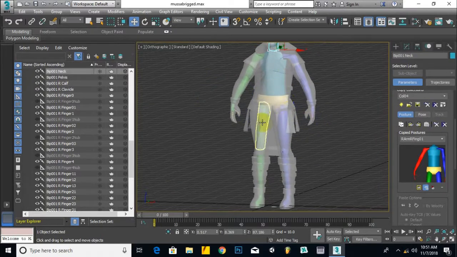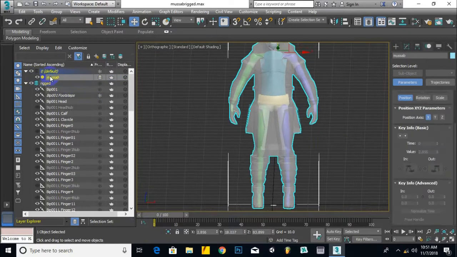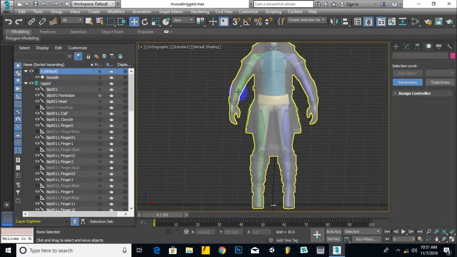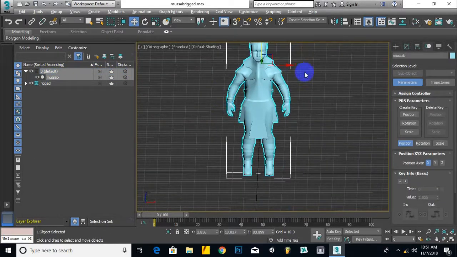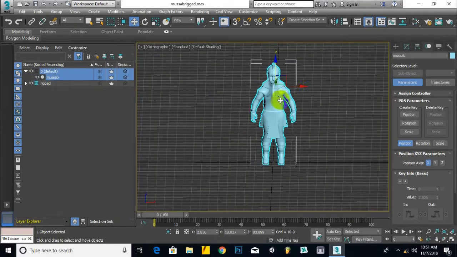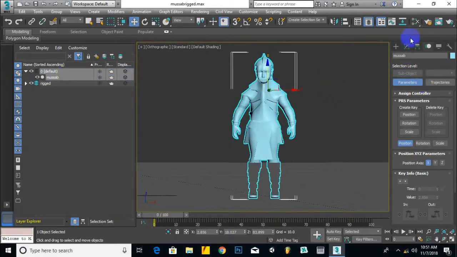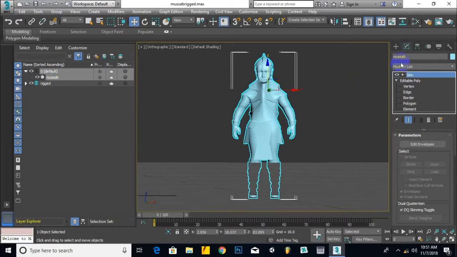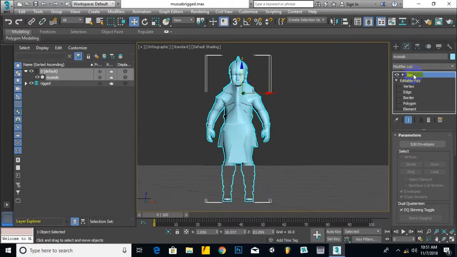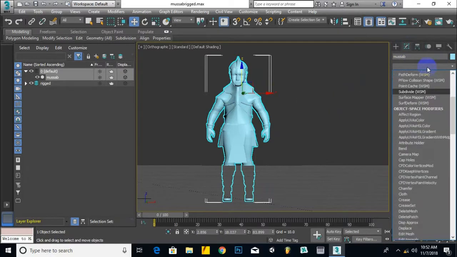But if we check the status of our character, let's go to default, unfreeze the layer, select our mesh, Alt X, and now yeah, we didn't add our bones to our mesh. That's the main process. So now we will add our bones to our mesh. So select your mesh, go to modifier, and we have to select skin modifier. Okay, it's already actually added. I will delete that, and again I will add the skin modifier. So let's click on skin,